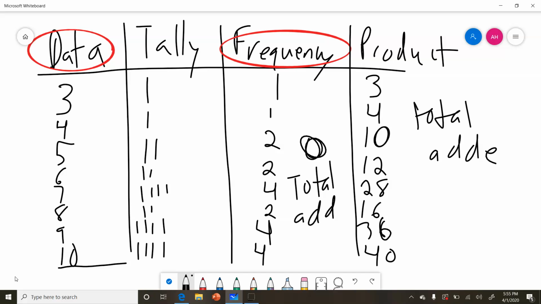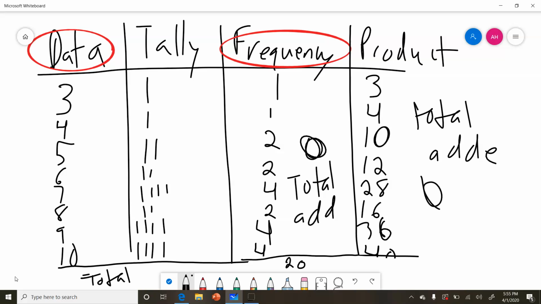So I'm going to go along there and erase this so we can have what our line actually is going to be here so you can see it. So when you add those together, on the frequency side, we get 20. What that means is there were 20 numbers. So this is on the total down here. Total is 20. We add up all of these guys right here on this side, and we get a total of